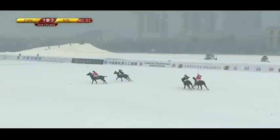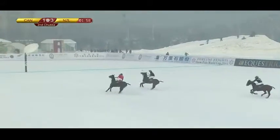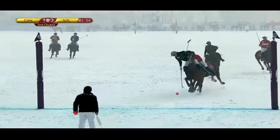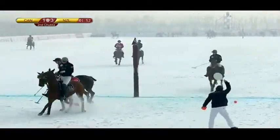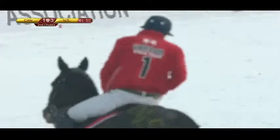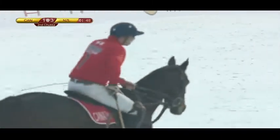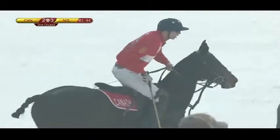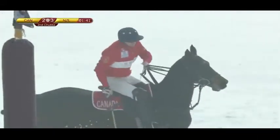Now Offen's there waiting for it, calling for it. Stenzel on his own. Can Stenzel run it through? Probably needs to have a shot now because he's going to get ridden out of it by Tom Hunt. And the ball looks like it's going to go for Canada, and it does. Unlucky for New Zealand, but a great little play there by Stenzel, the substitute, filling in for Marcelo Abbiati, and